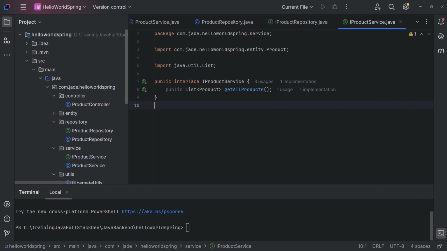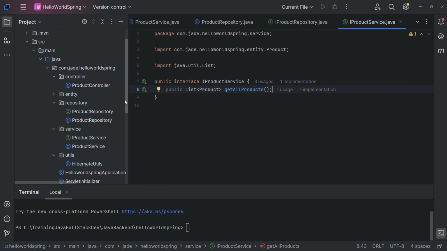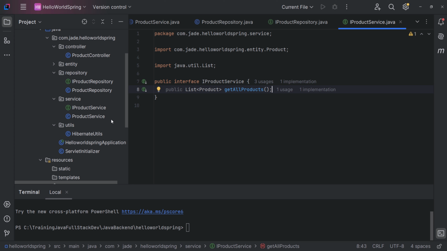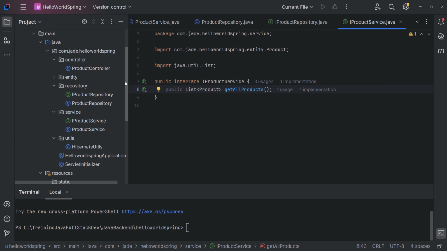Now we will go back to the IDE and go to... Now I will create an API to get a single product. So we will begin from the repository first. Okay,